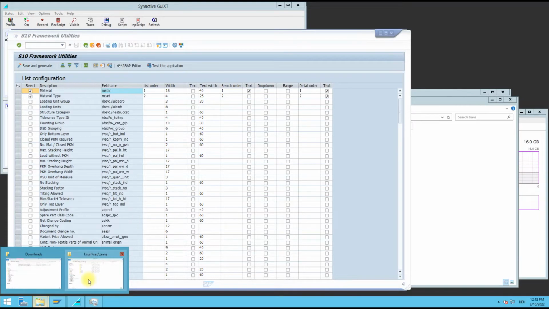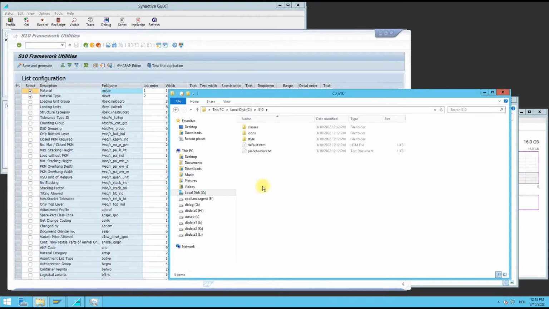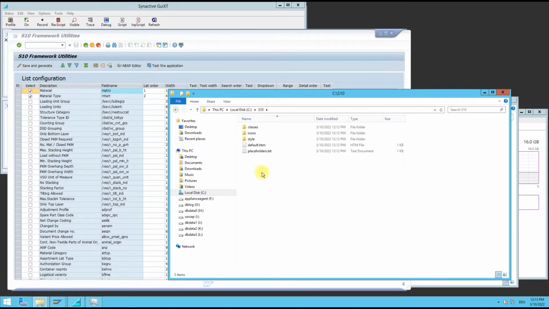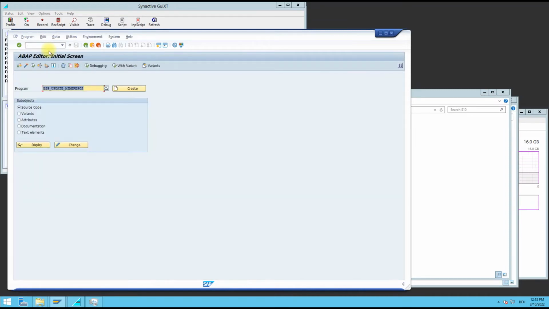And now when you go to this directory that you provided, then you have the main template for this application. So maybe you have the classes here for the Mara table and also for the login. And now to start this, we want to put this into the MIME repository, and there's a handy tool that you can use. You go to SE38 and run this report here,